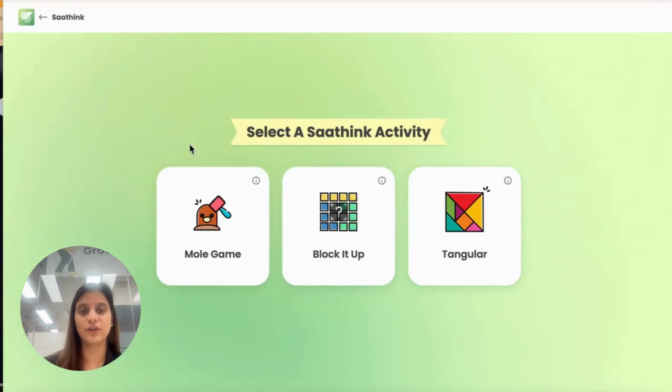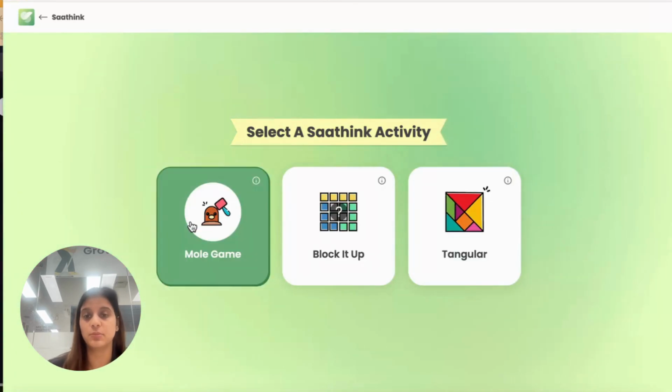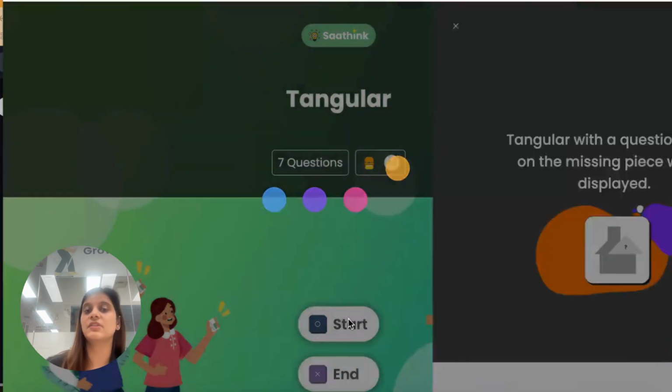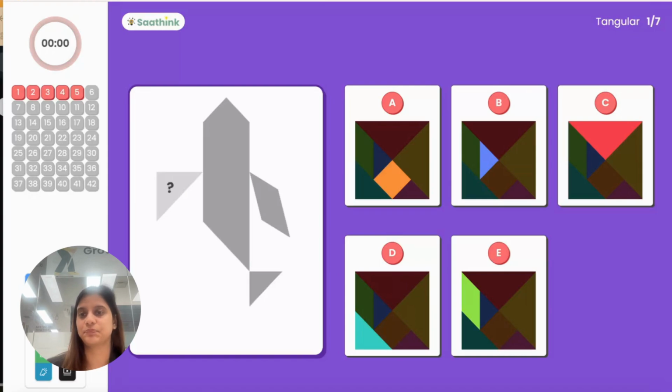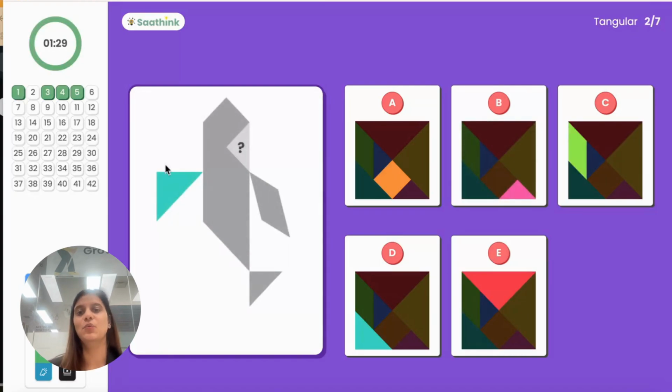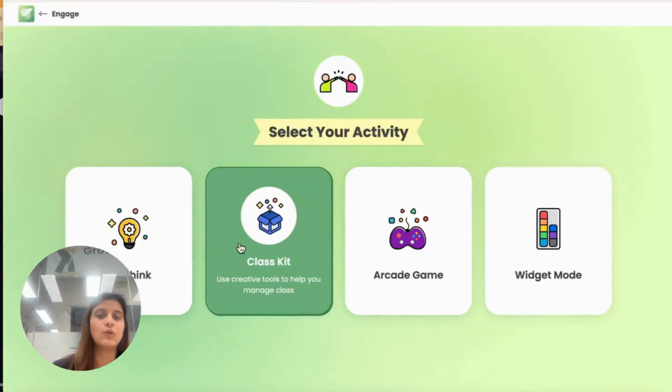The next activities that we have for you are Tangular and Mole Game. Tangular is the same thing, but it's to do with shapes and images. So you want to complete this whole image. Let's say students are responding and they're going to be solving this. No one got it correct. So one will be filled and then the rest will be asked to the students to spot the correct shape. We have different kinds of images that they can make in here that will be displayed